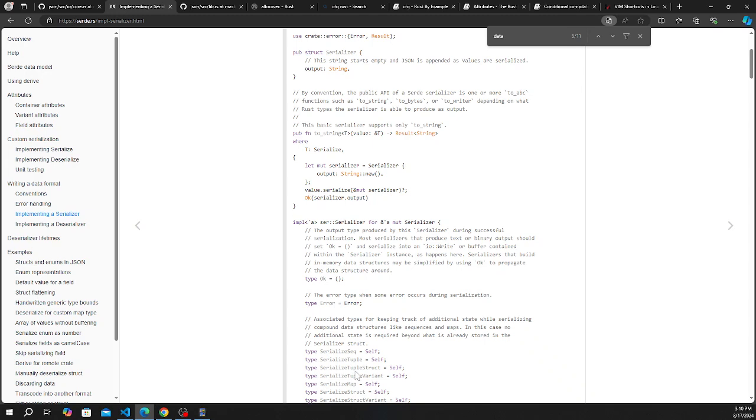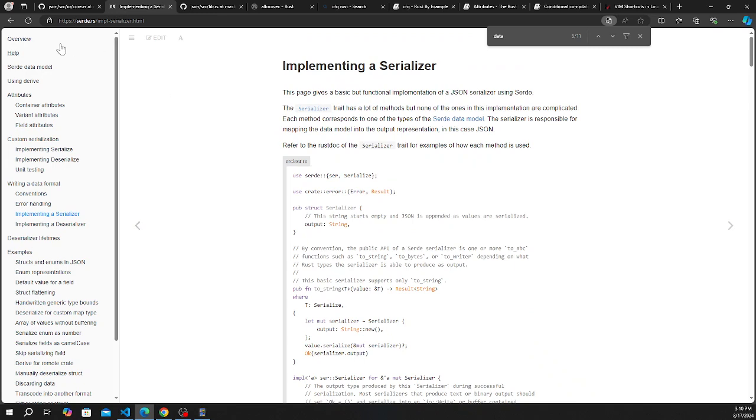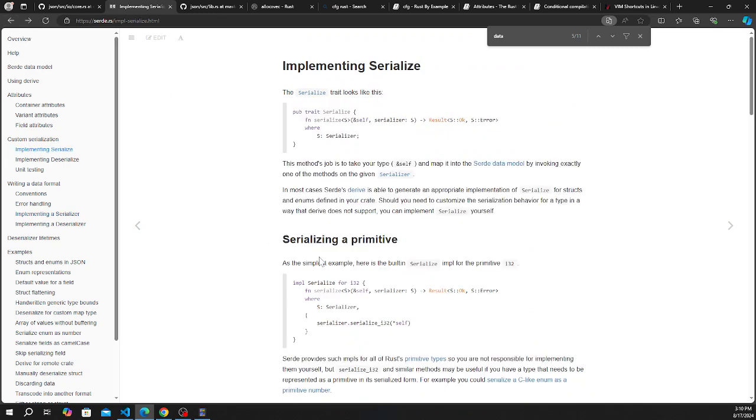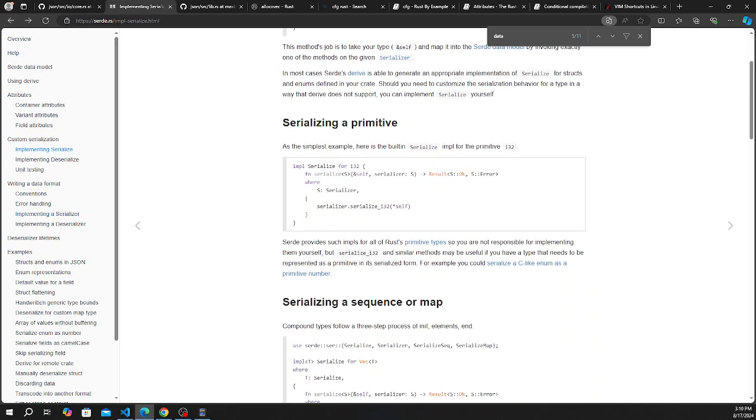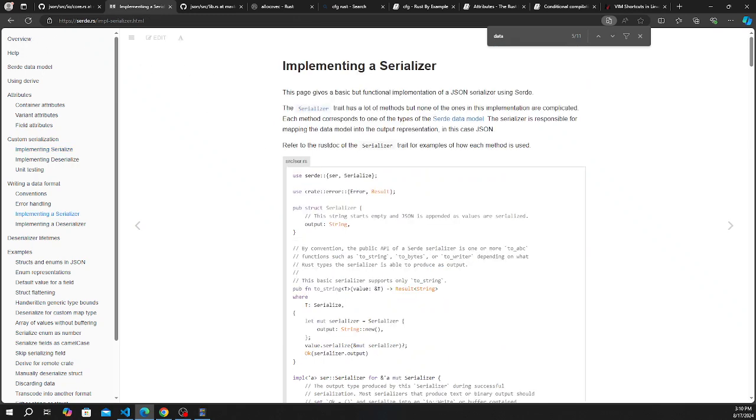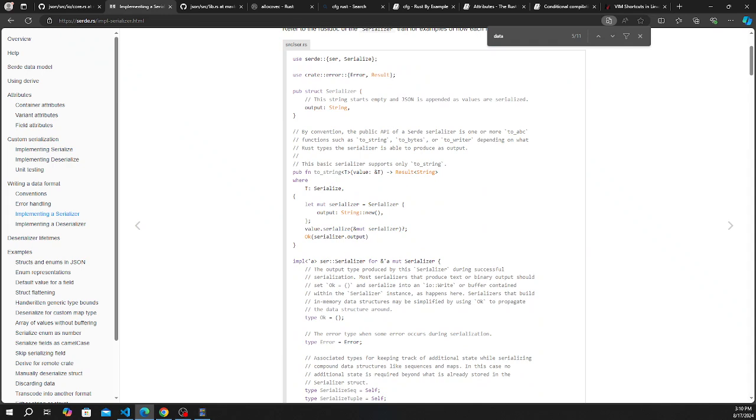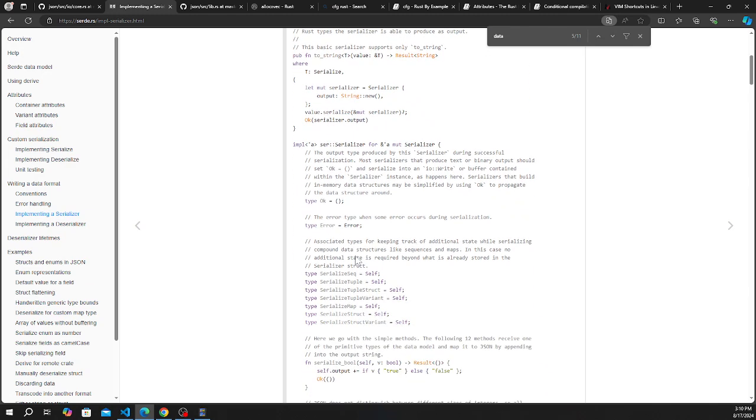Yeah, so here serialize, yeah, we implemented serialize with here serializer dot serialize I32. For that specific case, so value dot serialize, okay, serializer, so output. Okay, serializer for our serializer,